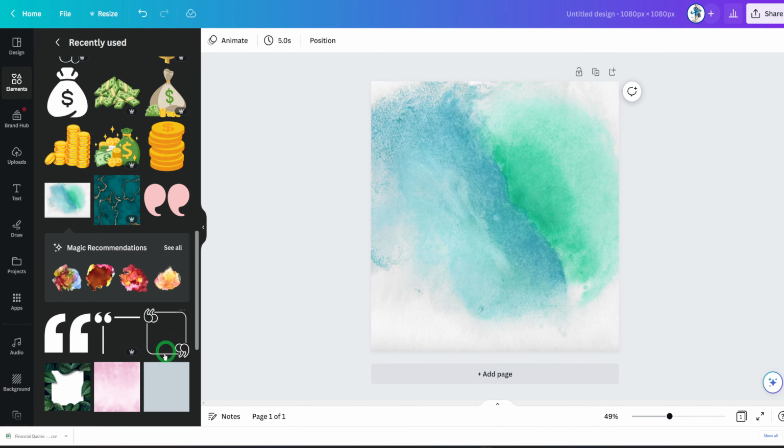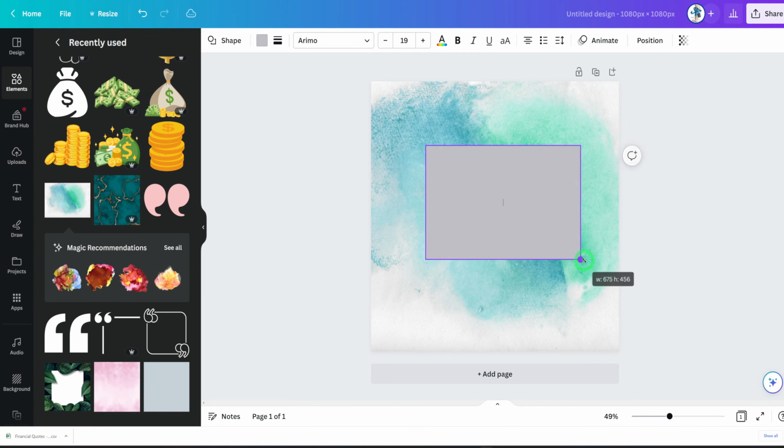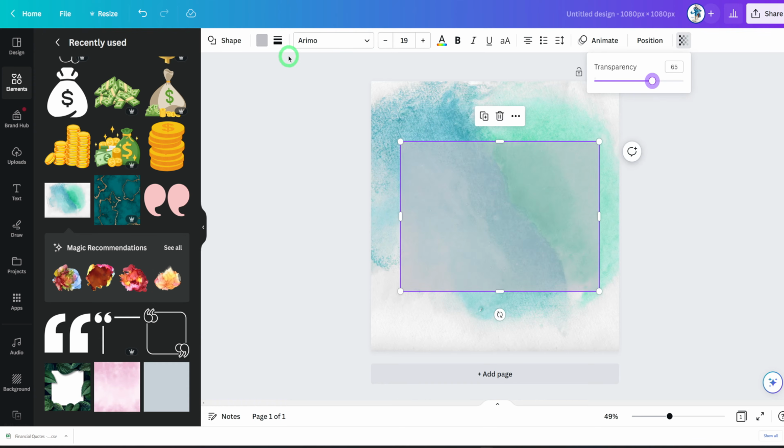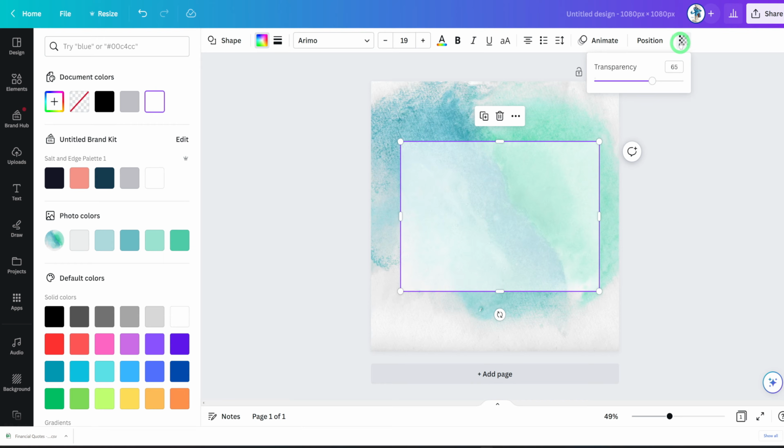Okay, and the next thing is I want to use a box because I want to make something that has a bit of a shadow or transparency. This is where the quotes would be. So let's do this. Let's change the color to white. Let's see. Yeah, this is better. We want to make it a bit white so we could see